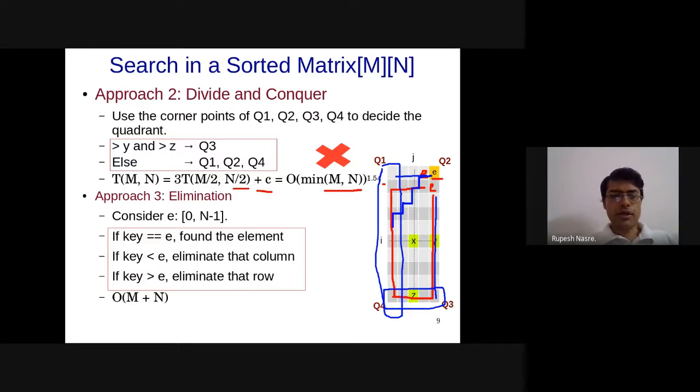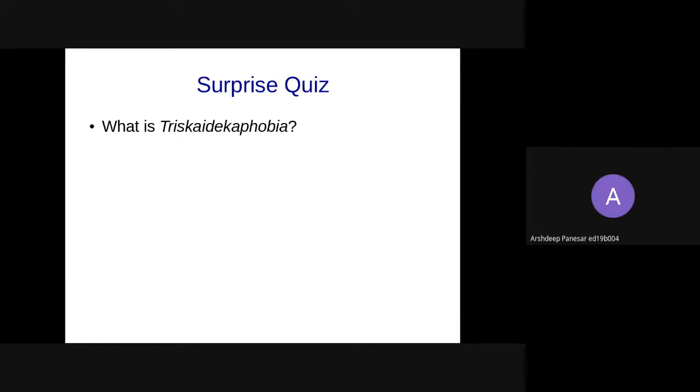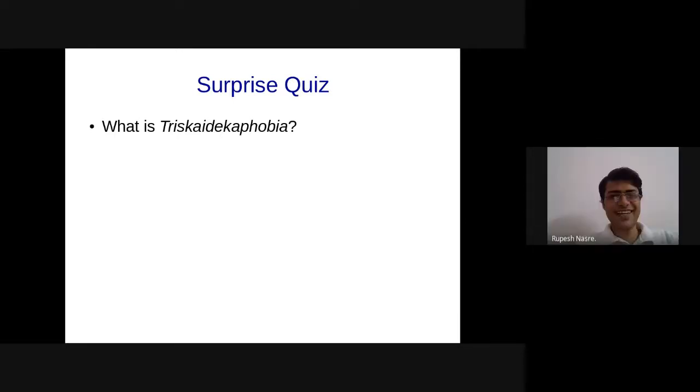Okay, so I hope within this time all of you have started looking at some of the slides, because I said surprise quiz and so on, but the quiz is not really related to the slides. You have to tell me what is the meaning of this without Googling. Right. Fear of number 13. That was fast. Okay, good. So the fear of number 13 is called triskaidekaphobia, right? Phobia is fear, and triskaideka is 13. Okay, good. And Pawan has suggested that today is Friday the 13th.